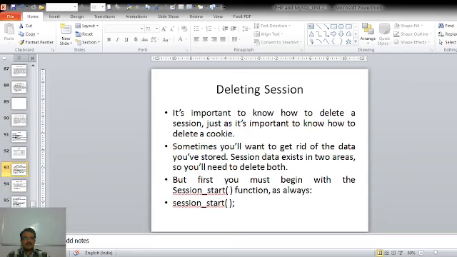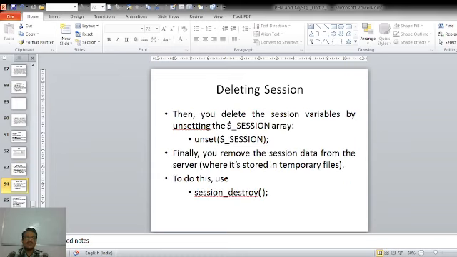So we have said that whenever we create a session, the data will exist in two areas, and that is why we need to delete both the entries. So first we will delete the entries in the $_SESSION array. All the variables of the session array will be deleted by using the unset function on the $_SESSION array.